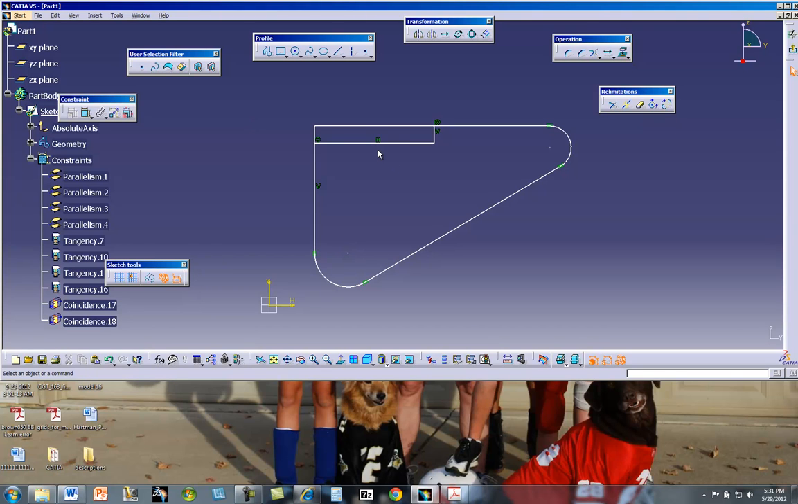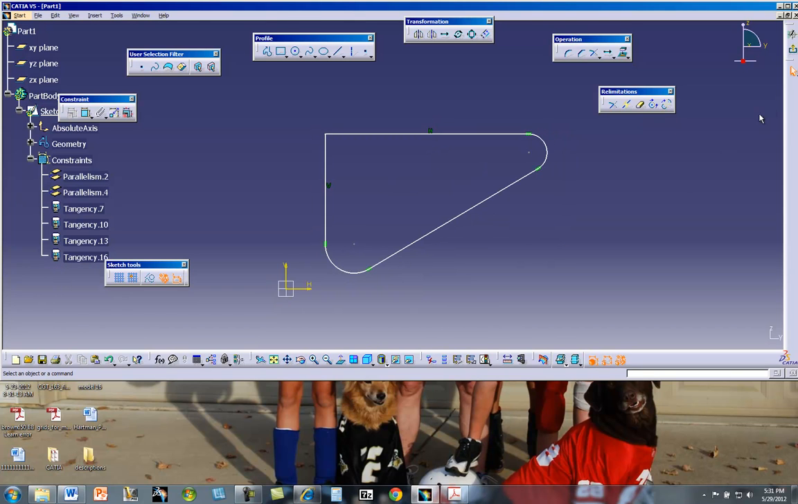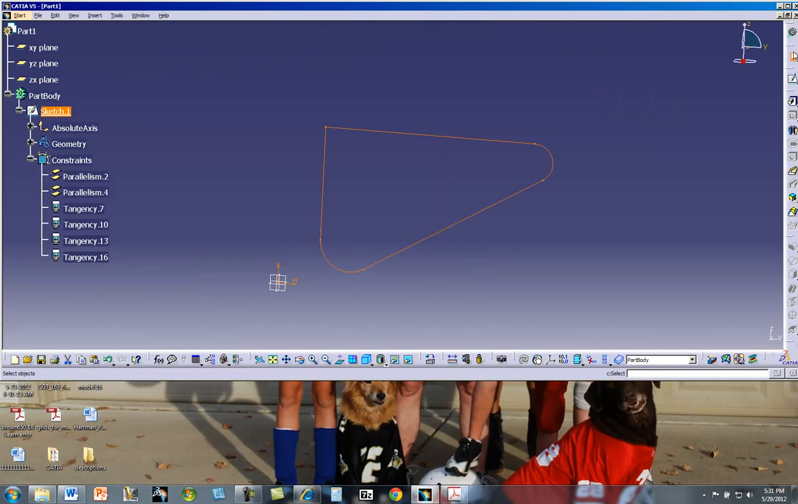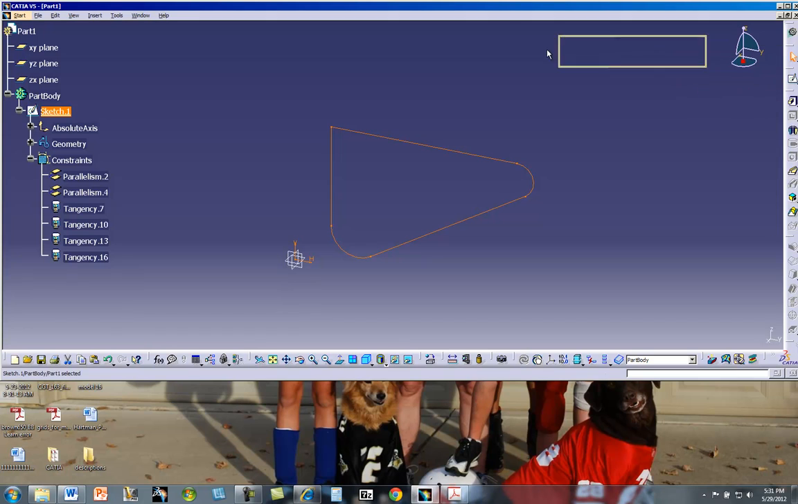I'm going to escape out, grab this and delete it, grab that there and delete it. Now notice we have a sketch. Back out of the sketch. Okay, there it is. Then if I come over here and get on the sketch-based features toolbar, I can